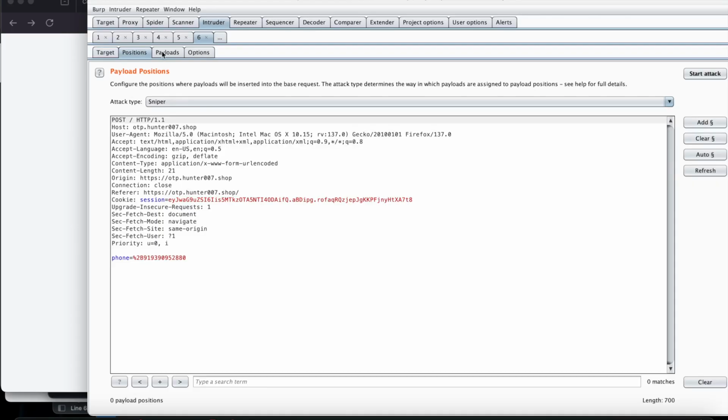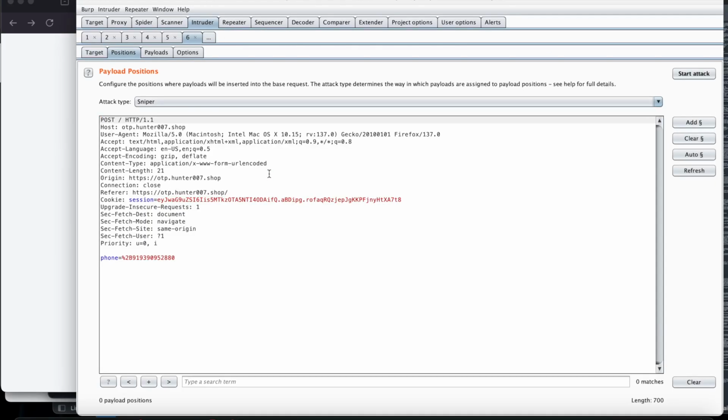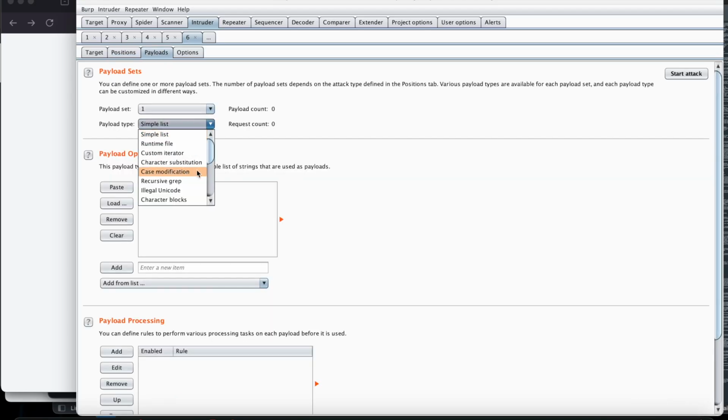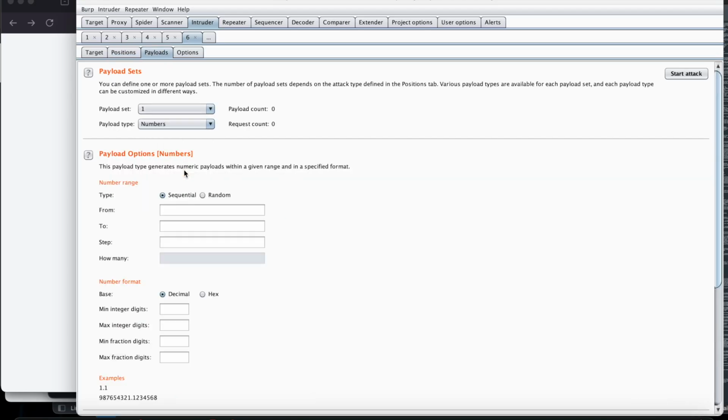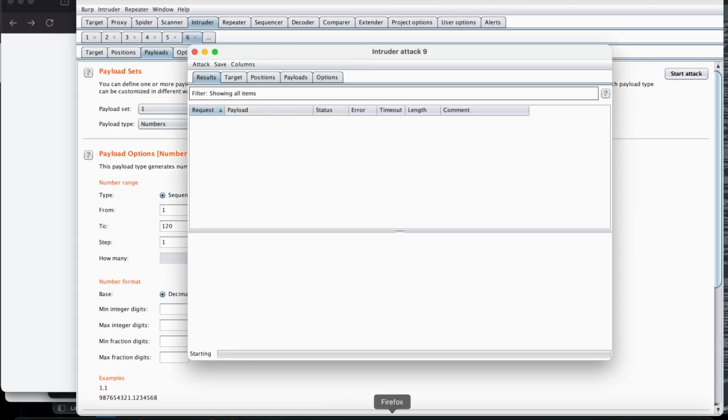Now I'm going to clear it, select any position, and do the same. Here we need to choose numbers. I'm going to put 1 to 120, with step as 1. If I click on start attack,